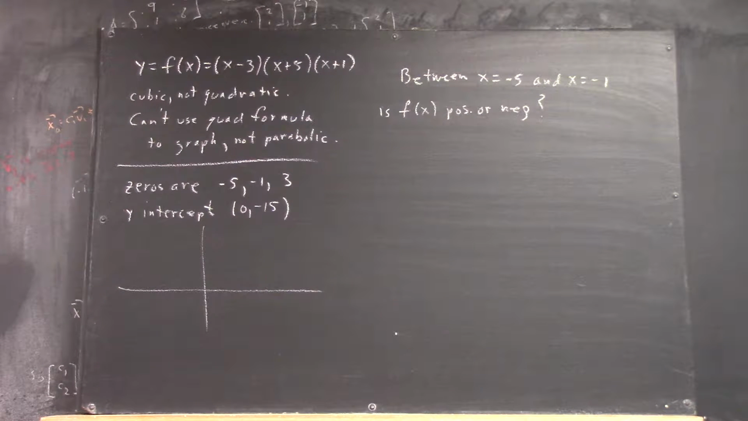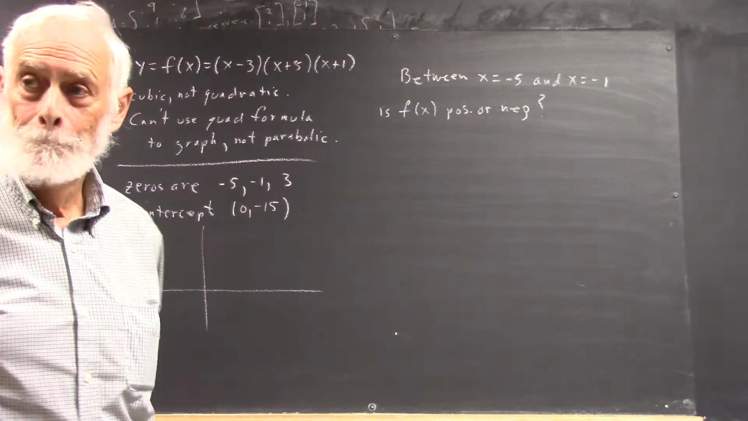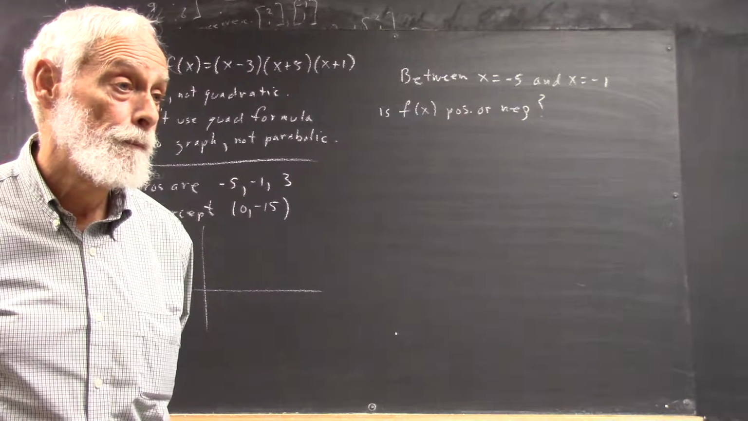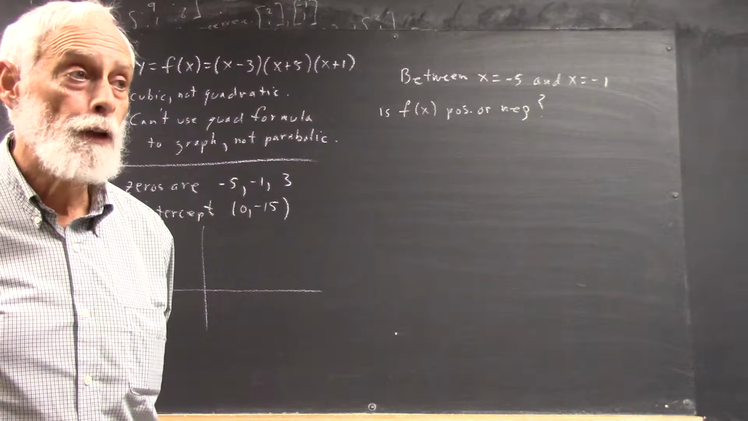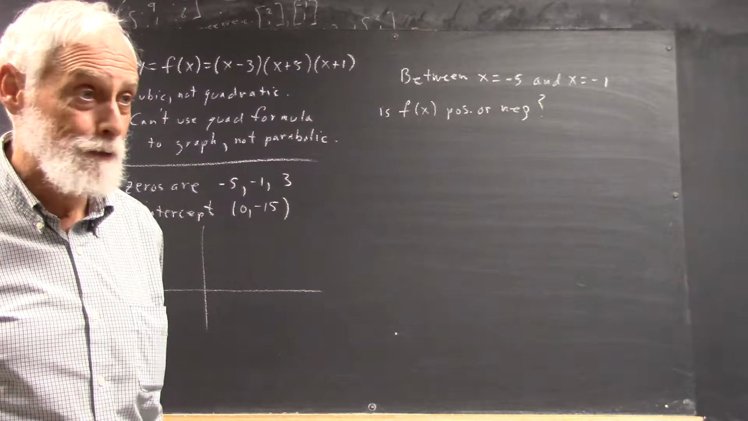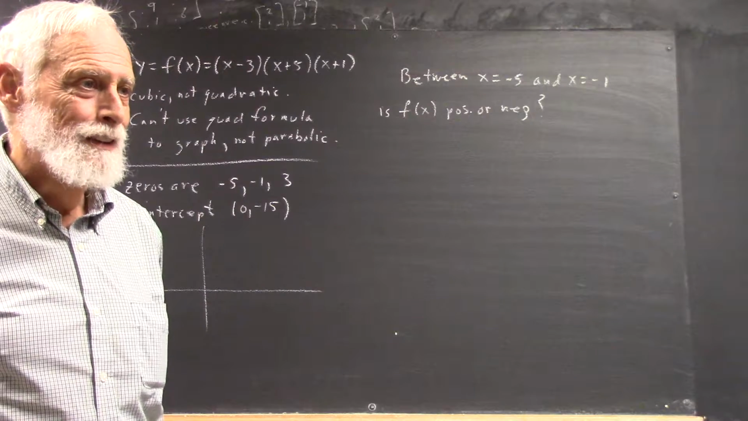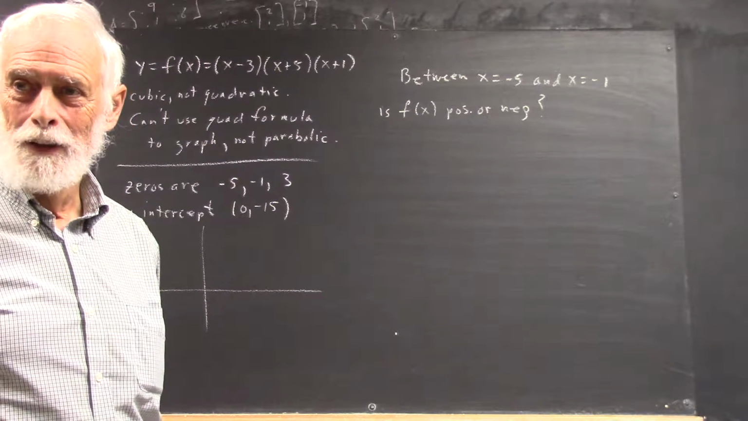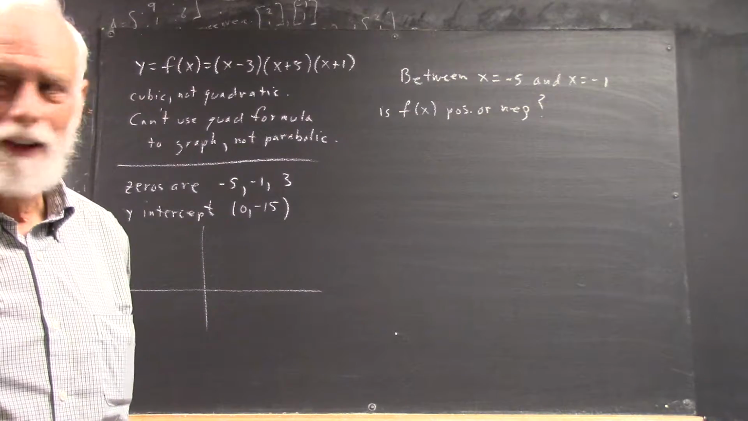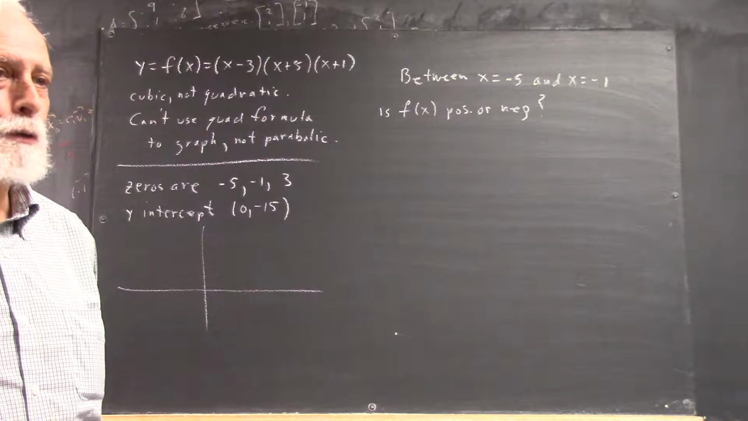Any ideas how we might answer the question? You can plug in any... Plug in what? The numbers between. Plug in the numbers. Plug in all the numbers in between -5 and -1, see if they're all positive or all negative, right? Of course, that'd be a little tedious since there's an infinite number of numbers between -5 and -1, but I don't think that's what you all actually said. But, you know, since I can't hear, I'll pretend that's what you said, okay? But really,